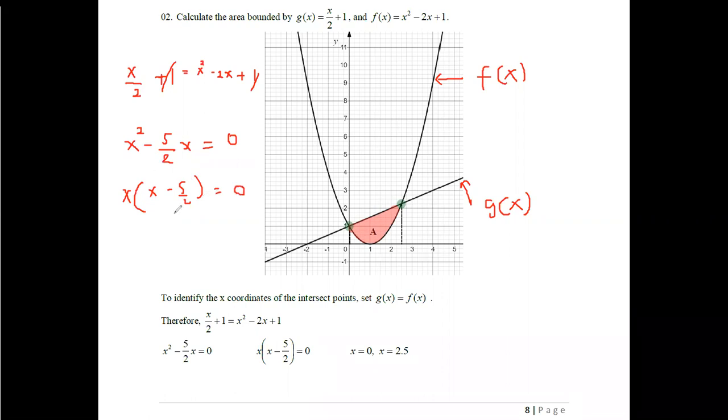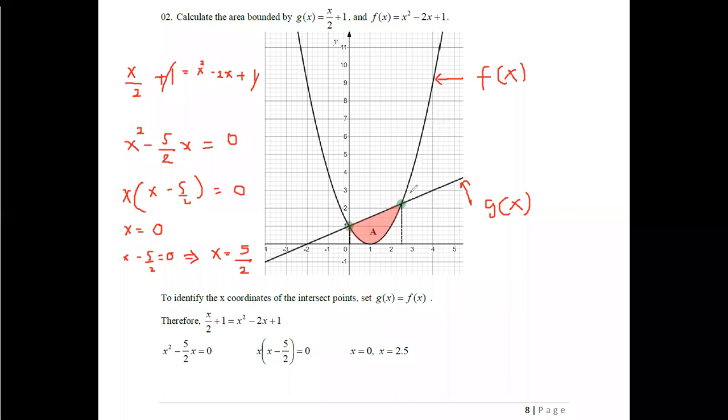Now it is just like factoring this equation. Once you have factorized it, you have to equate each factor to 0 to evaluate the value of x. Therefore, you can equate x to 0, and then equate (x minus 5) divided by 2 equals 0. Equating them separately to 0, you get x equals 0, and the next value is x equals 5 divided by 2.